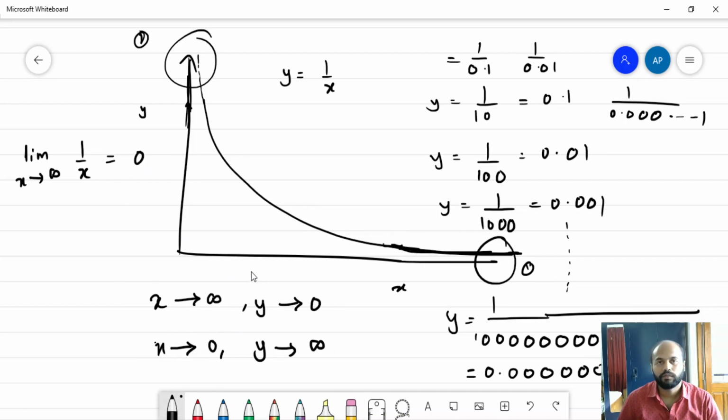Now we have understood why limits are required. Because at certain points, if we put x in certain functions, we cannot find the value of that y. In that particular case, we have to apply the concept of limits. Now let us understand how to actually apply the concept of limits. We have studied why limits are required, and we got a basic feel of what a limit is. But now we're going to see how to apply the concept of limits.